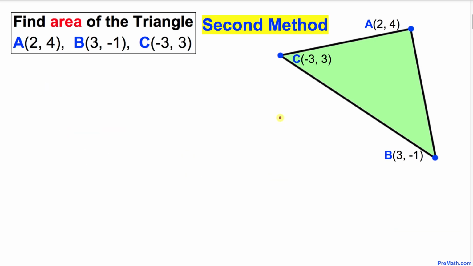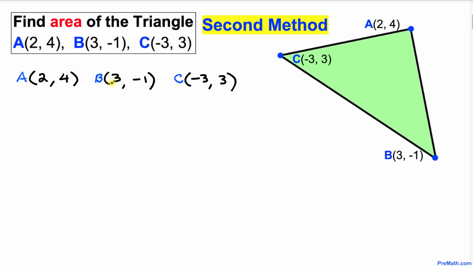And now let me show you the second method to find the area of this triangle. And here's the very first step. I have just copied down these three vertices right up here, as you can see. And now this is our strategy. We want to make one of these vertices (0, 0). Let's pick this vertex B.